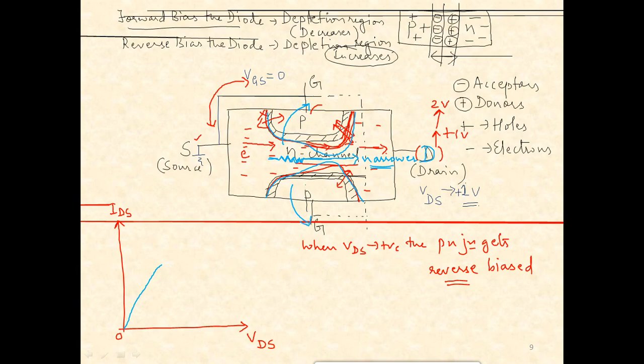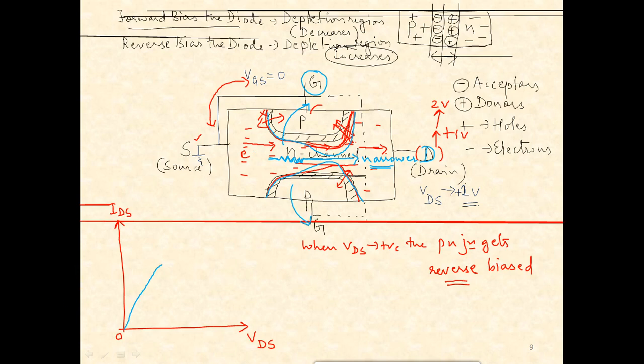I hope this is clear for you. That means although the gate voltage is 0, it is held at a lower potential when compared to the drain potential. So there is a relative difference between gate potential and the drain potential. So the point is, it is the voltage at the gate which is actually controlling the flow of electrons from source to the drain. How easily the charges can flow from source to the drain is in turn controlled by the gate potential. Okay, so now let us just go back to the diagram.